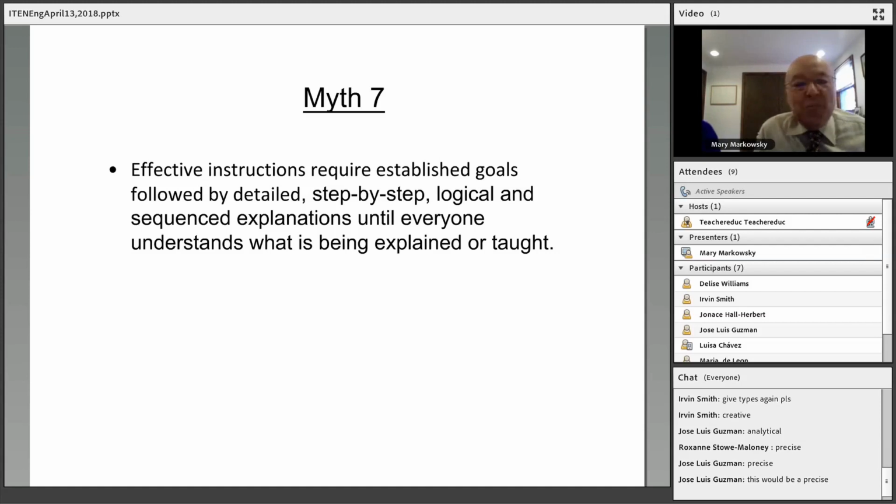Exactly. All right. Now, I want you to listen very carefully. This has to do with the left and the right of the brain. So I want to remind you, if you take the analytical and the precise, they're from the left brain and they need these instructions. If you take a creative and a compassionate, they're from the right of the brain and they don't need instructions this way. They'll be here, there, and everywhere.